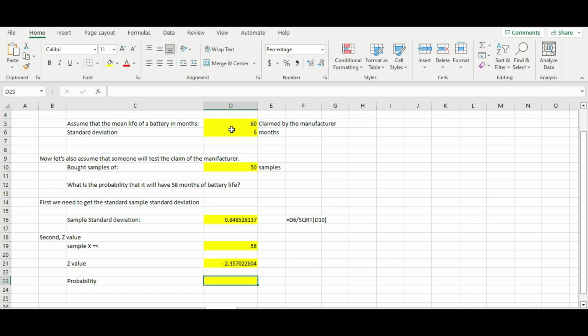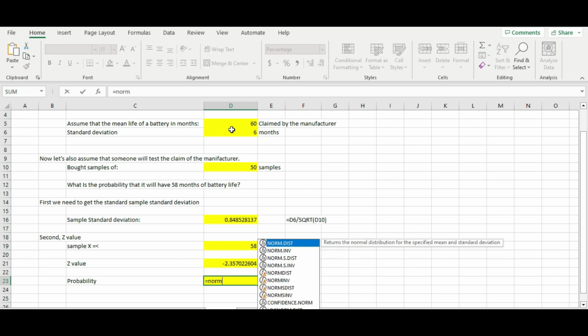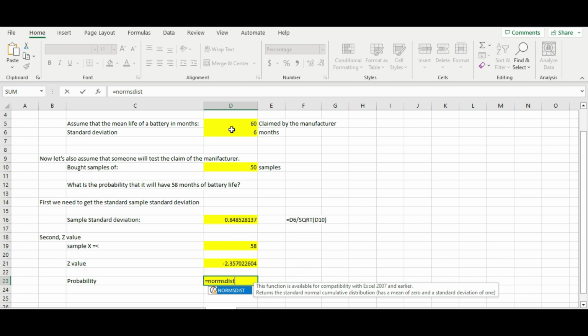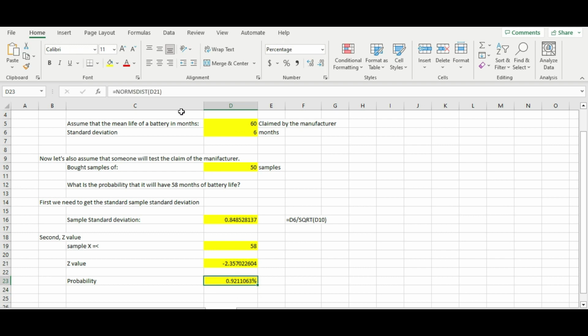In order to get the probability, we need to use the normal distribution function in the cell. So we have this one, 92%